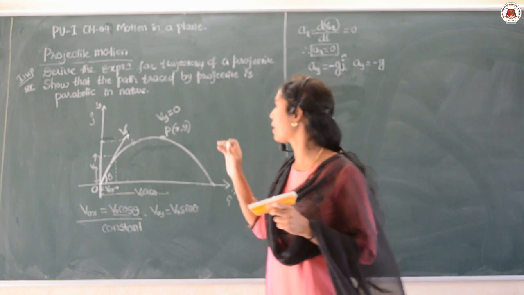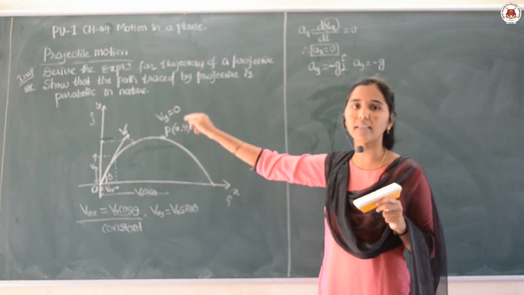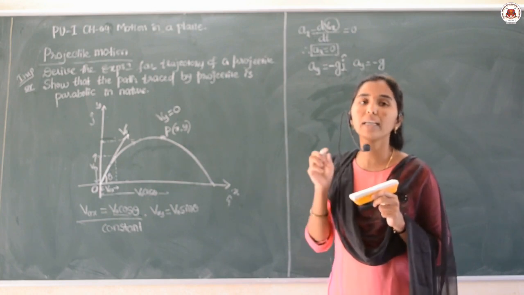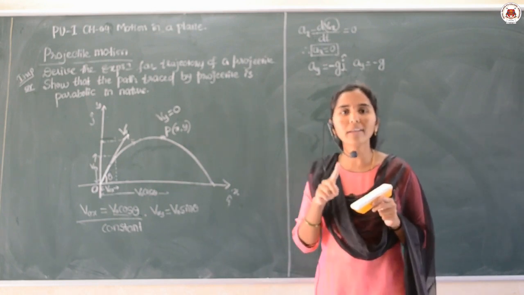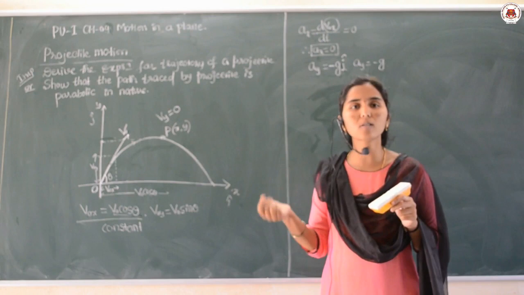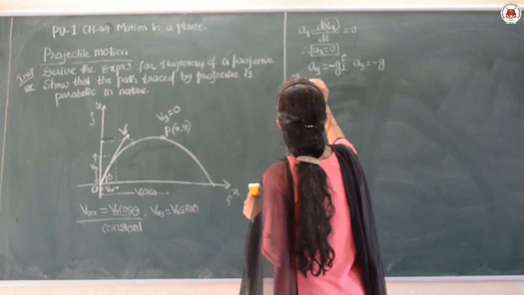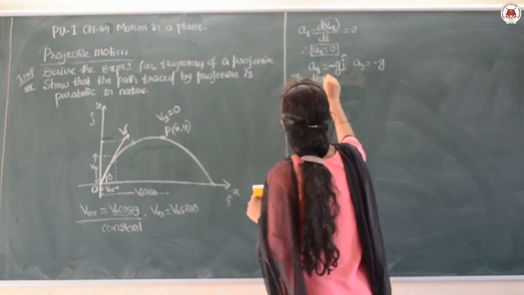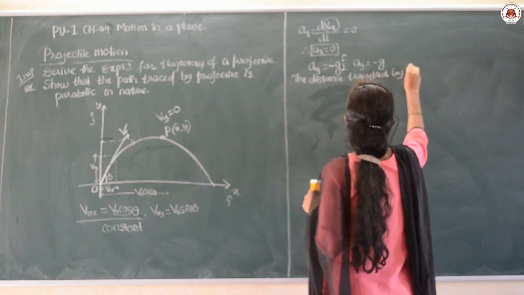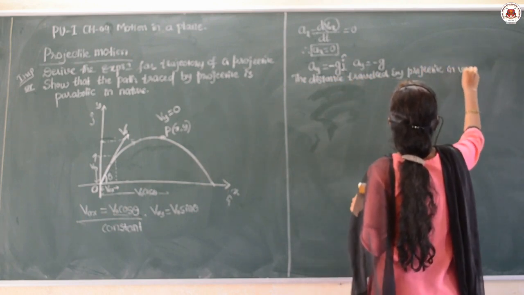Now, we take the point P, that only what I told, which is a point P, where we consider the projectile at a point P here. Then for that projectile at point P, we consider two motions here. One is the vertical motion where the displacement travelled and everything can be noted, and also the horizontal component, right. Then now I write the expression: the distance travelled by the projectile in the vertical